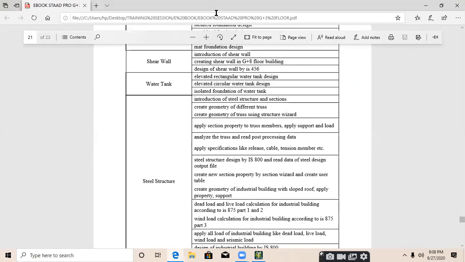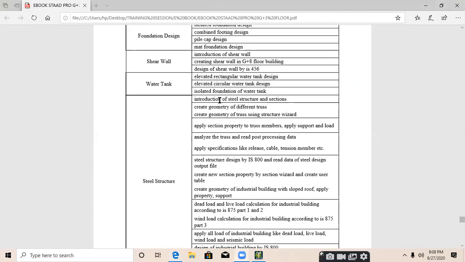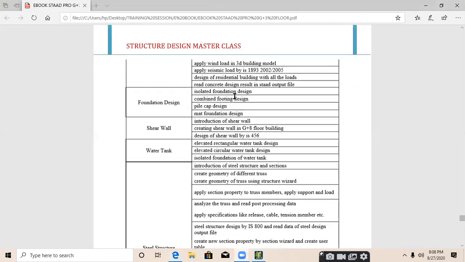What is isolated foundation of a water tank? It is somehow similar to the building structure isolated foundation design. Isolated foundation of a water tank means we are providing one footing below one column, nothing other.